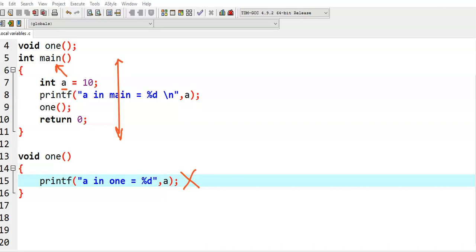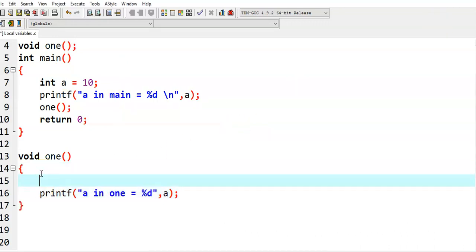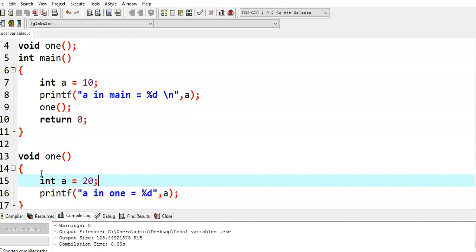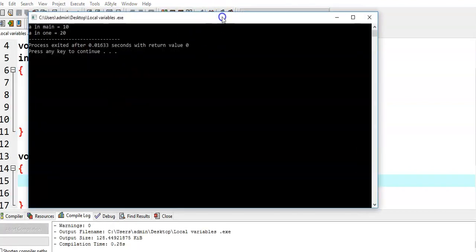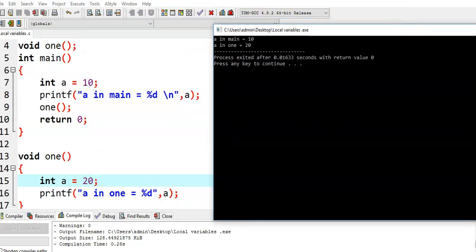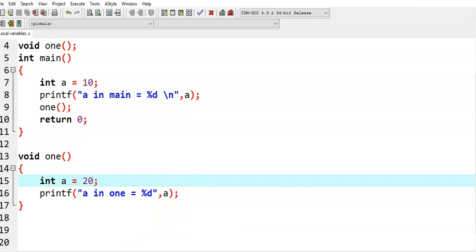That is one rule. Then if I want to use that particular variable in the one function, and if we don't want to get any error, then we need to declare another variable. Let us say I am giving int a is equal to 20. Now we compile this program and we run this program. We get a in main is equal to 10 and a in 1 is equal to 20. Now this is fine. Why? Because